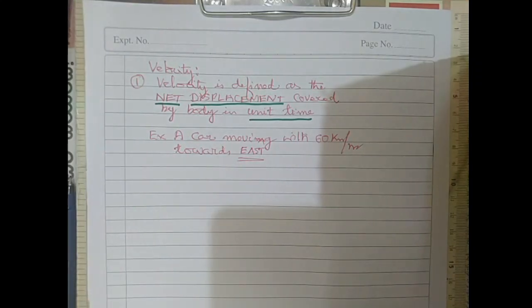It is not compulsory that east, west, south, north and all those things only are to be told. Even from one place to another place, if you tell, that is also correct. For example, a train moving with 70 km/h from Secunderabad to Visakhapatnam. This also can be called a direction. Even though the track is not in a particular direction, if specific points, initial and final positions, are mentioned, then we call it a vector quantity. East and west are not important. If the initial point and final point are mentioned, that is also called the direction.